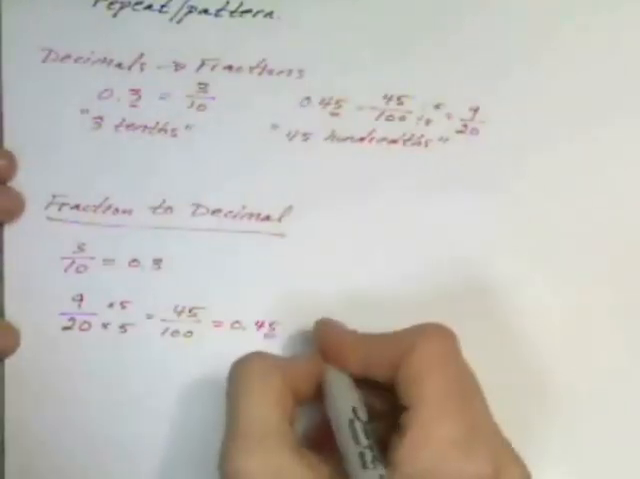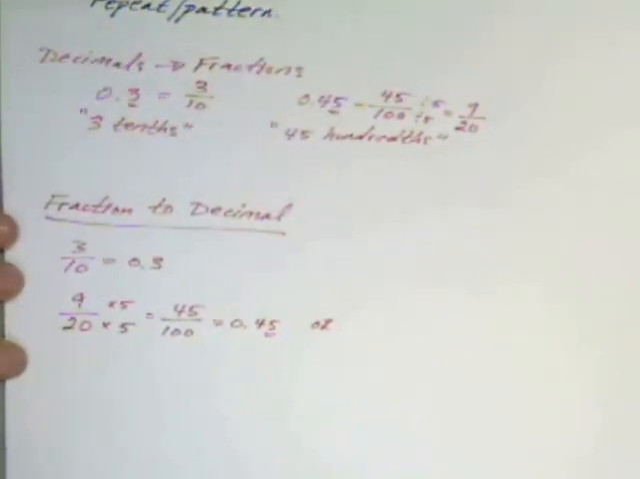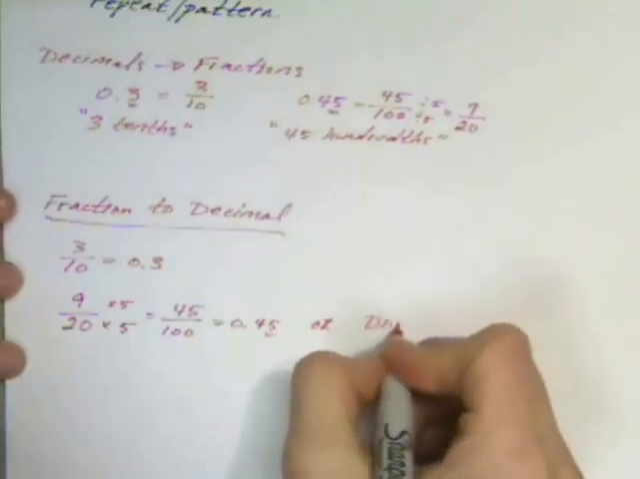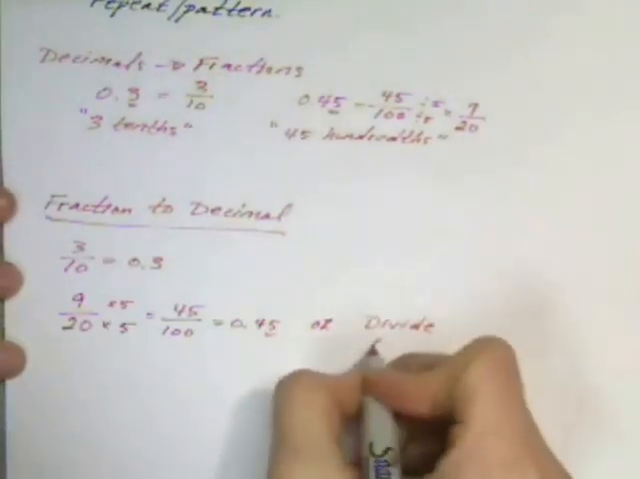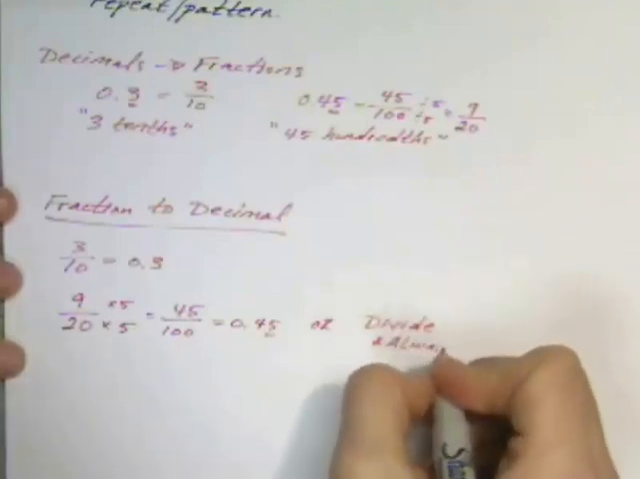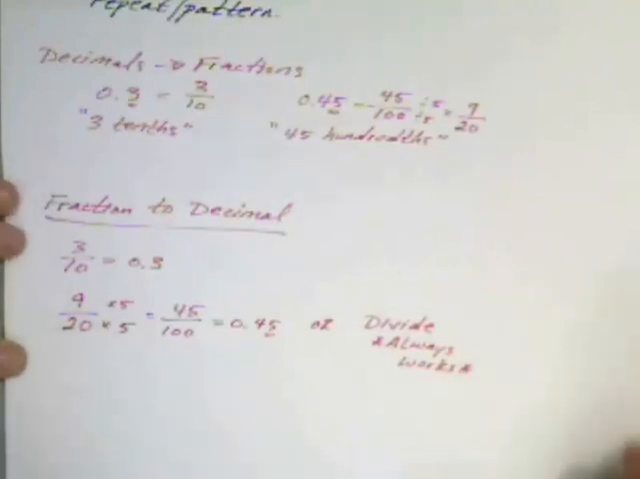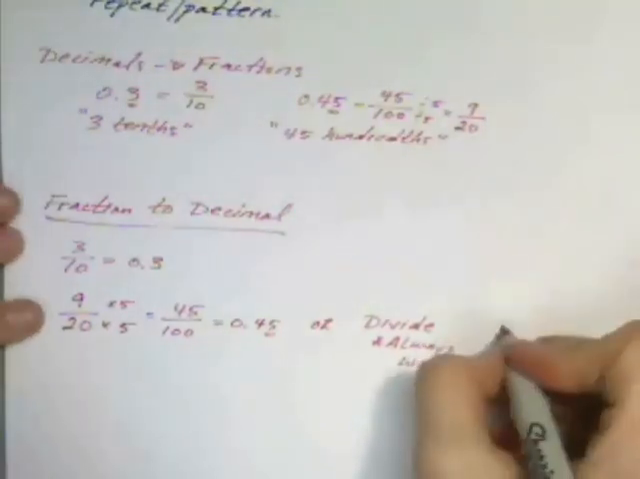Now your other option, since you can't always just multiply the top and bottom by the same number, would be to divide. This always works, and this is generally what you will see people doing when they're going from a fraction to a decimal. So note that it always works. It's a good one to just learn how to do. When you see a fraction, 9/20,